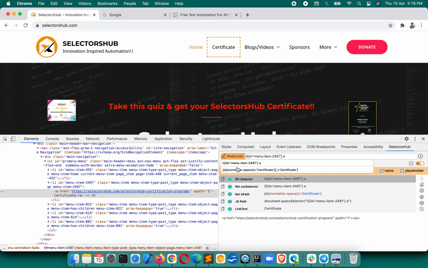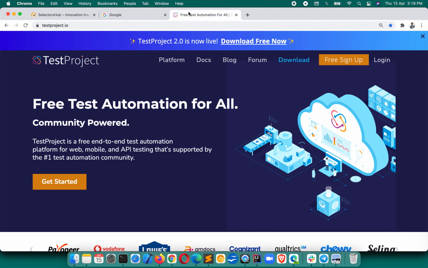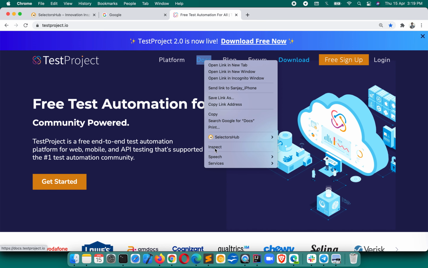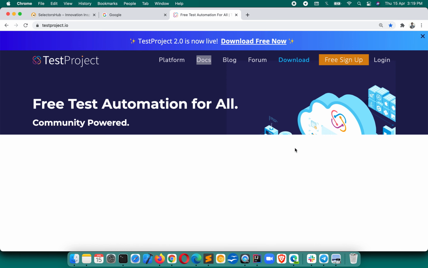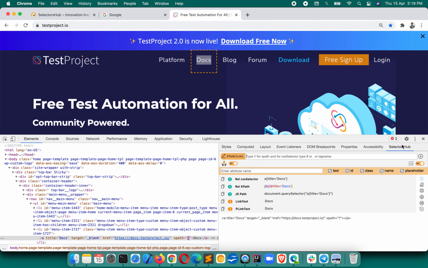If you want to edit any of these, click on it, it will come here and you can start editing. So this is a really incredible feature and it will save a tremendous amount of time. Once it is saved locally, whenever you open Selector Sub, your value will be saved and you can fetch it anytime. Whenever you click, it will be available here.